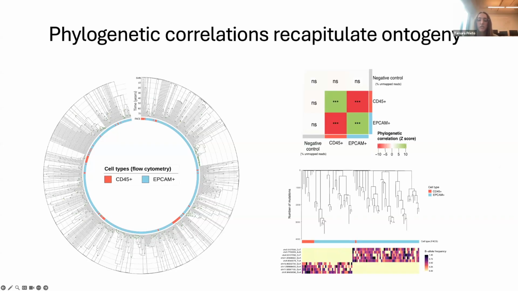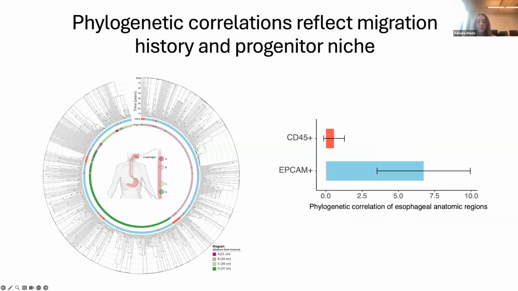Immune and epithelial cells originate from the mesoderm and endoderm, respectively, but these embryonic germ layers are not monophyletic, meaning that they are not derived from single founding clones. So this explains why we don't see just two major clades, and instead we find early embryonic mutations shared between clones that give rise to both epithelial and immune descendants. And still, the presence of clustering is consistent with epithelial cells differentiated from lineage-restricted stem cell pools, leading to expansion of related epithelial or related immune lineages.